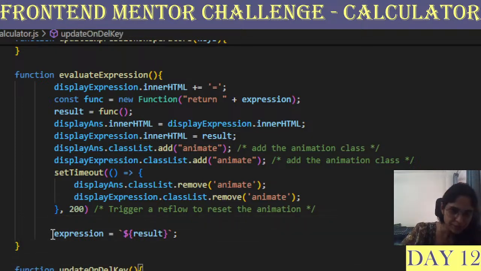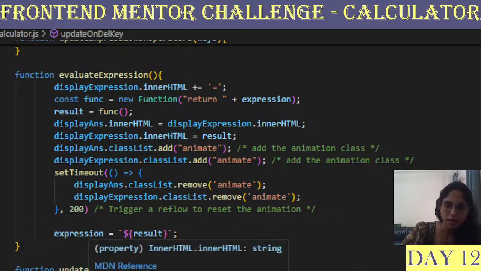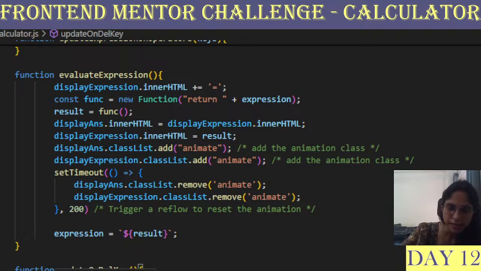Now on the del key, your answer becomes "answer is equal to result". Length is the length of the entire expression, and from the expression you keep removing one character. And in innerHTML, you just replace all these star signs with these, so that you have a perfect view. And then when you have deleted everything, like everything is backspaced, then the expression again becomes 0. You are displaying 0 again, and the expression also becomes 0. That's about it.